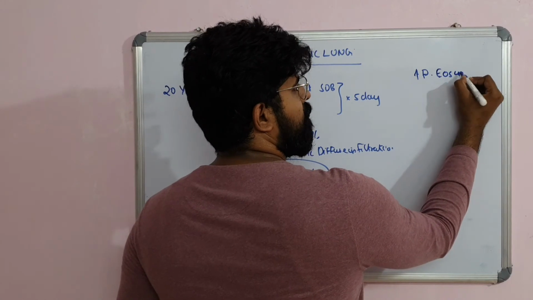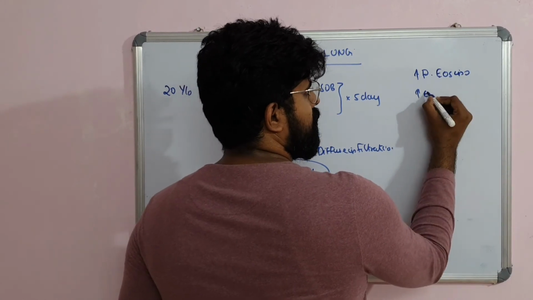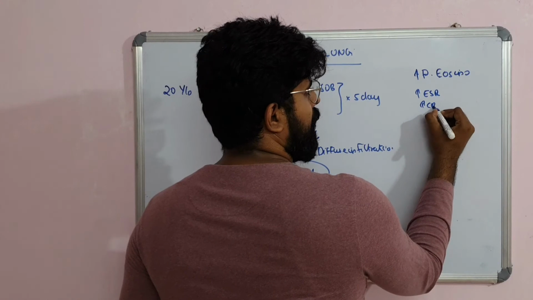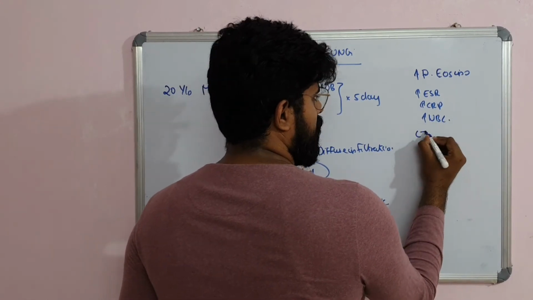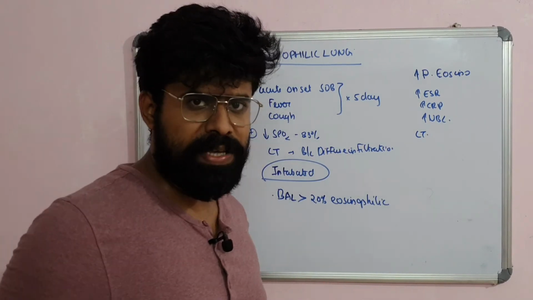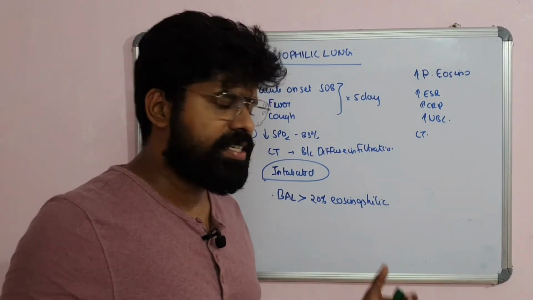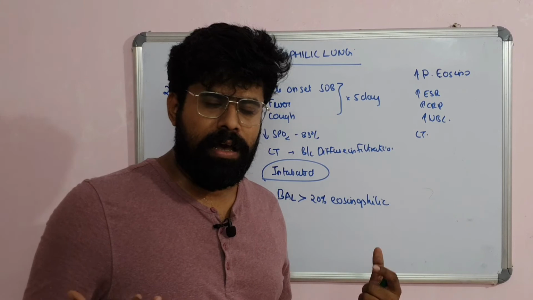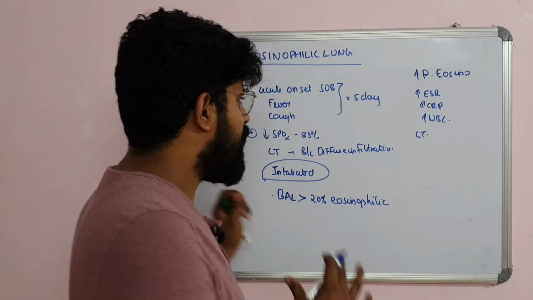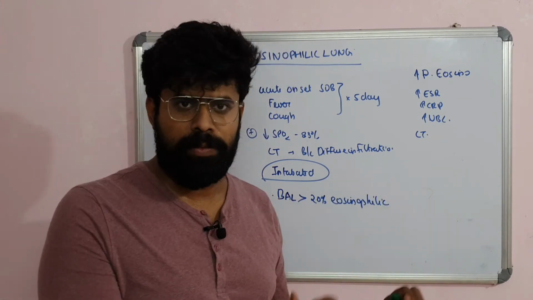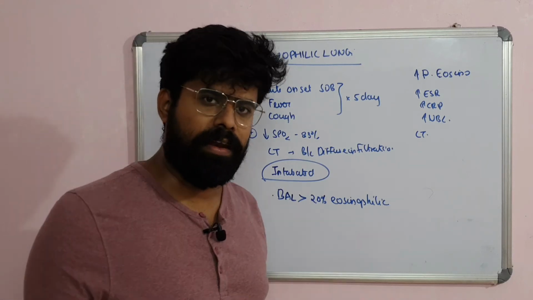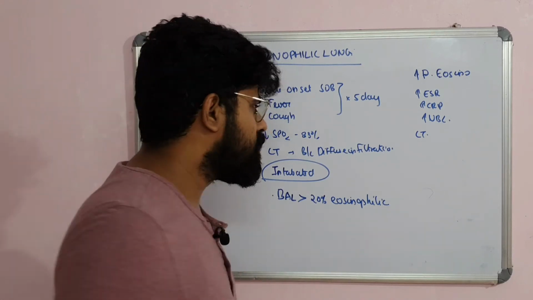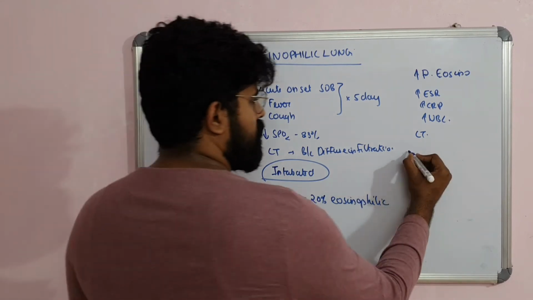The patient can have raised ESR, raised CRP, raised WBC counts, and CT showing bilateral diffuse ground glass opacities with interstitial involvement. The X-ray again shows the bilateral whiteout lung. So this is an emergency situation. You go for intubation. What is the difference from other acute ARDS syndromes is that it has a good response to steroids.